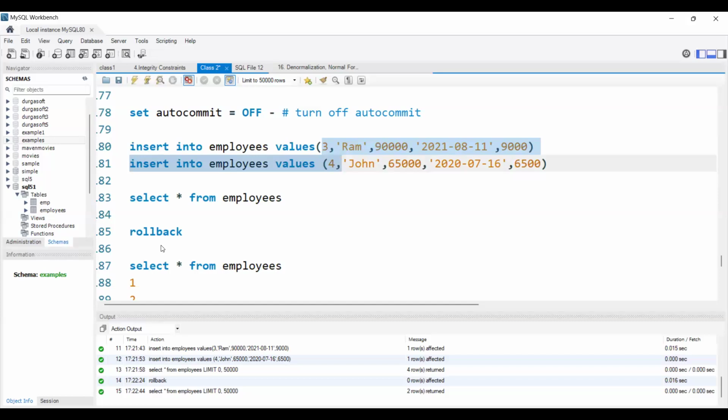Because after we turn off the auto commit option, whatever data we enter, if we use rollback, all that data will be removed. That is what I'm saying. Suppose in companies, if I am going to write something,